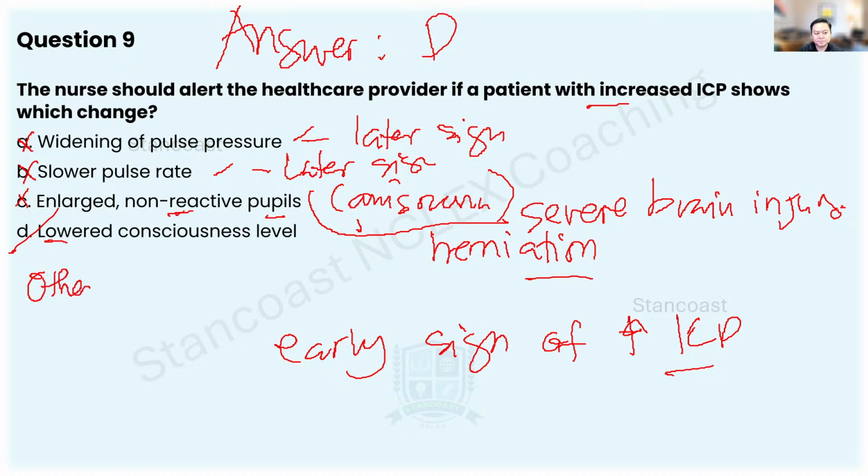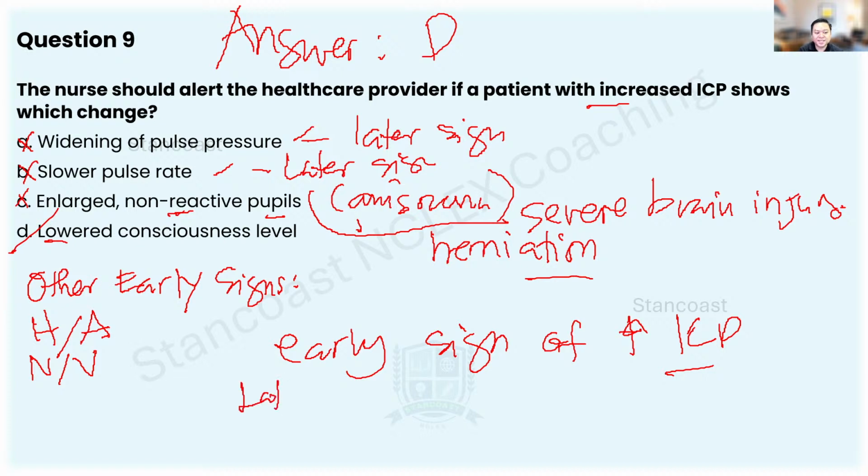Let me just make a list. Other early signs. We have the headache. There's also the nausea and the vomiting. So those are the early signs. If your patient is in the later stage, late signs, this will include those three. The widening